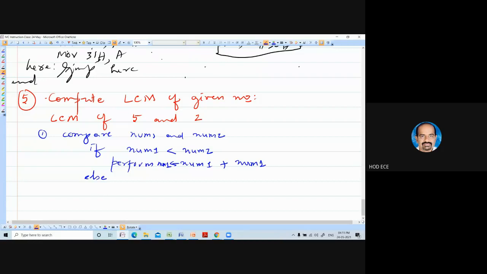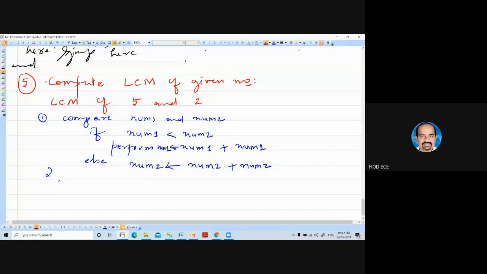Else perform num2 plus num2 and copy it to num2. Repeat step 1 until num1 is equal to num2.